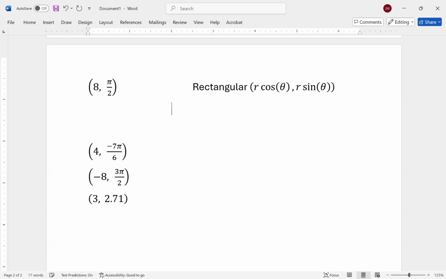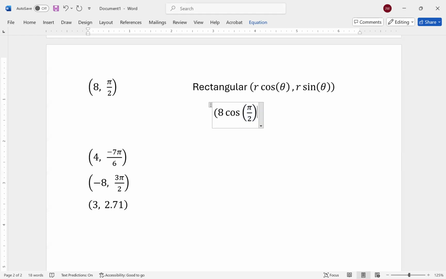So in this first case, that is going to be 8 multiplied times the cosine of pi over 2 for the x value. For the y value, we get 8 times sine of pi over 2. Now you can plug those into your calculator. You can look at a unit circle calculation, anything you want, but cosine of pi over 2 is 0, sine of pi over 2 is 1. So we just get 0, 8